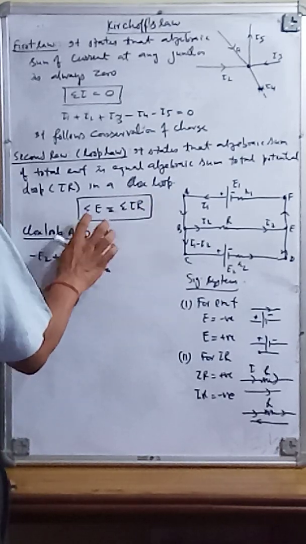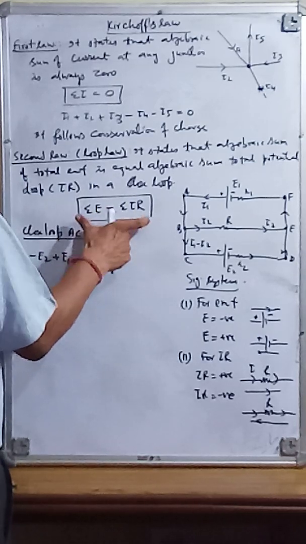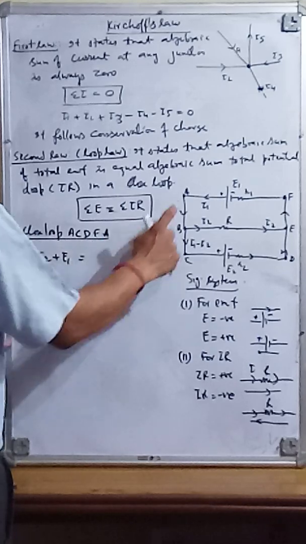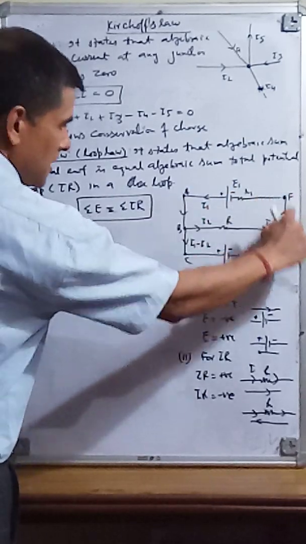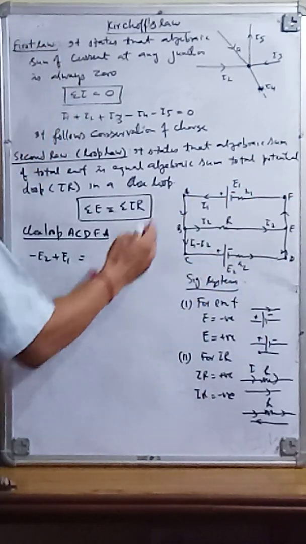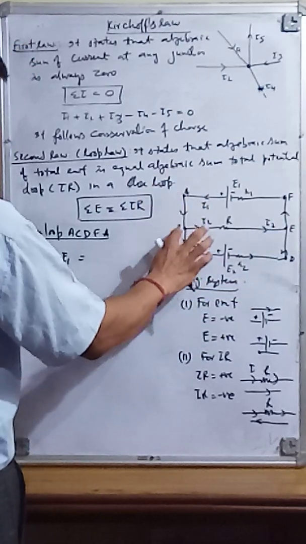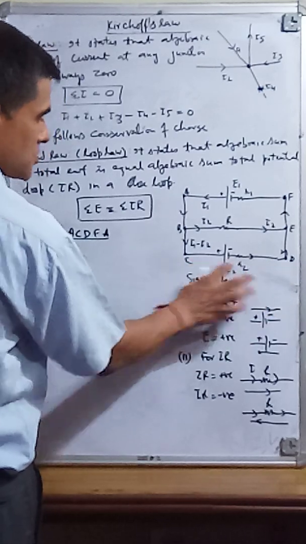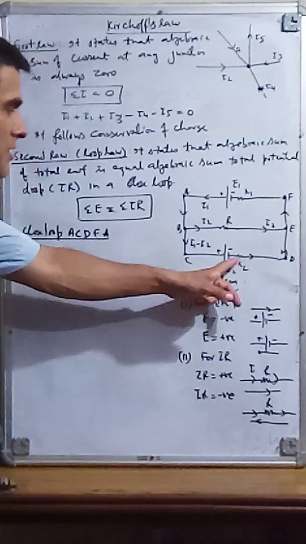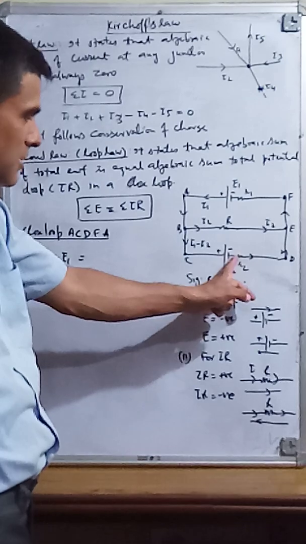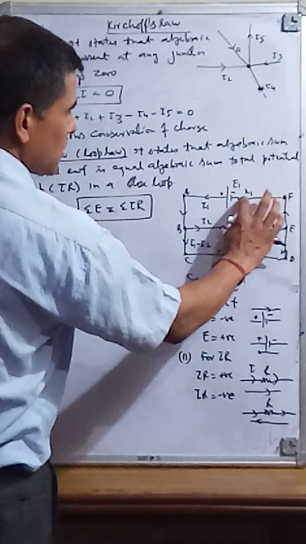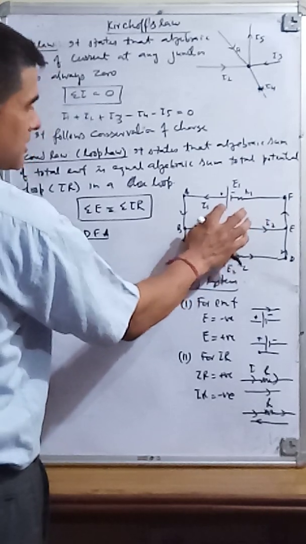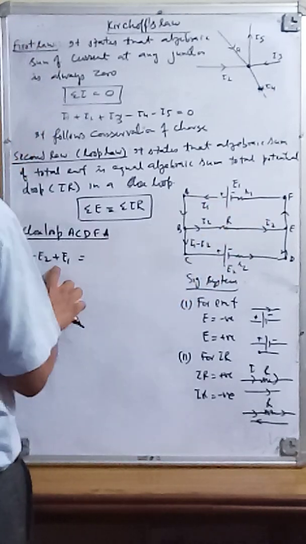Again you go. In order to apply this second law, I am going for sigma E. So here I have chosen the loop. I can choose the loop this way also, A, F, D, but I am choosing the loop this way. So A, first you go for a cell, A to C, no cell, C to D, there is a cell. I am crossing the cell, plus to minus, so you take the negative terminal. Now this is another cell. Now minus to plus, the terminal which you are leaving at last is positive. So you take the positive sign for EMF.